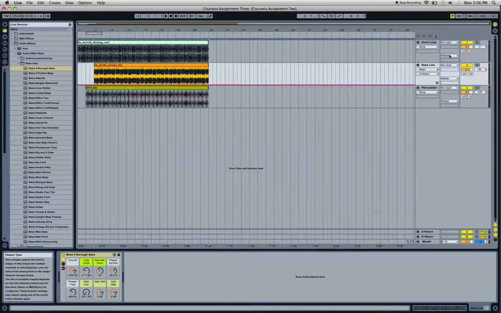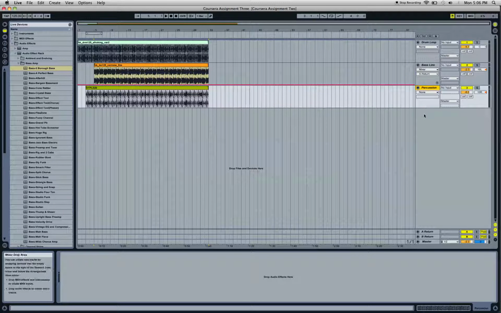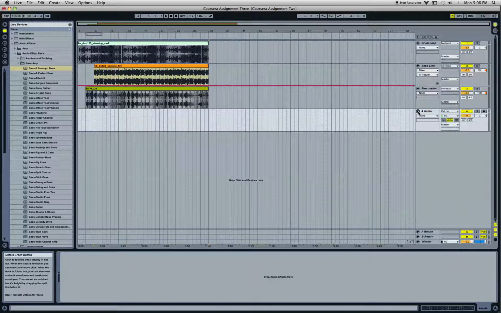Now in Ableton, the default output for each track is the master track, as you can see. Now if I go ahead and create my submix track by basically creating a new track and renaming it submix, when I go to the output drop down of the other lines, submix appears, so I select that instead of master for those three tracks that I would like to combine, and I select no input for the submix track